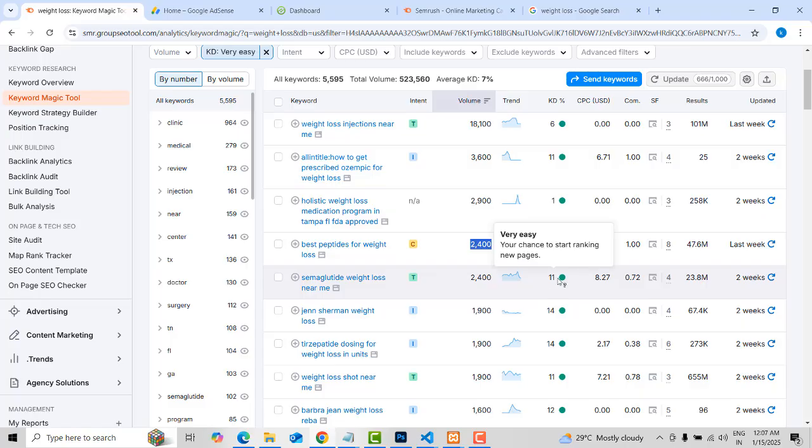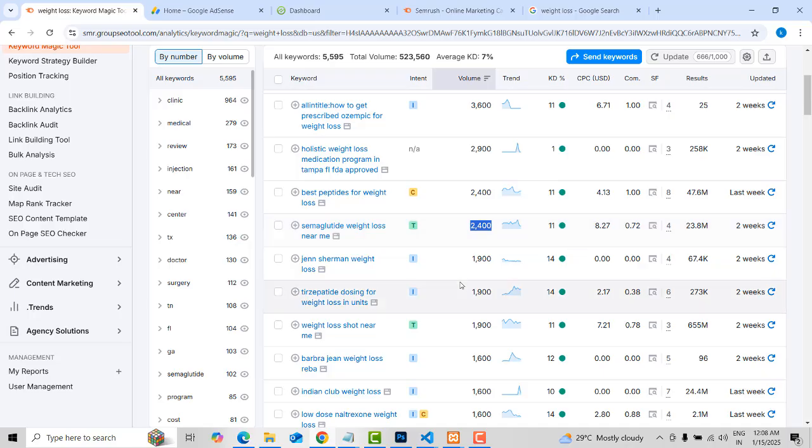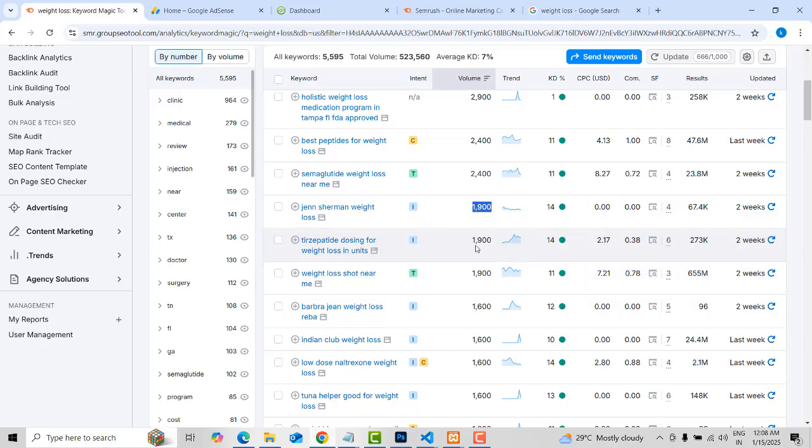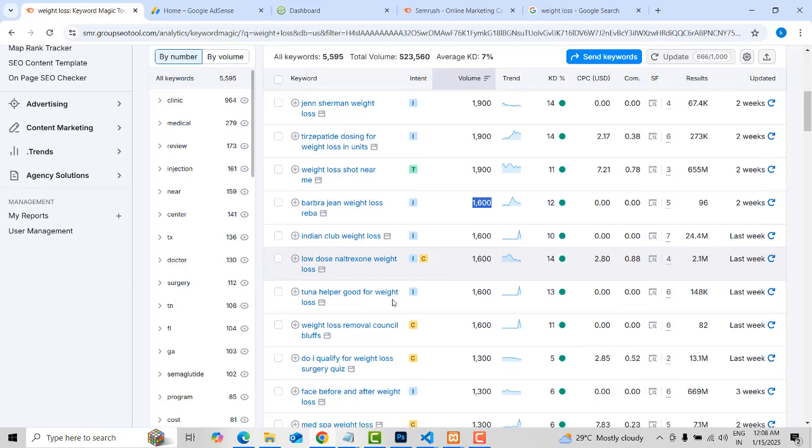If people are not searching that particular keyword, but the KD rate is low, very easy, you don't take that keyword. Only if the search volume is there can you take it. You can take a search volume above 1000, then only will you be able to rank. So all the keywords that are above 1000, you can take and write about.